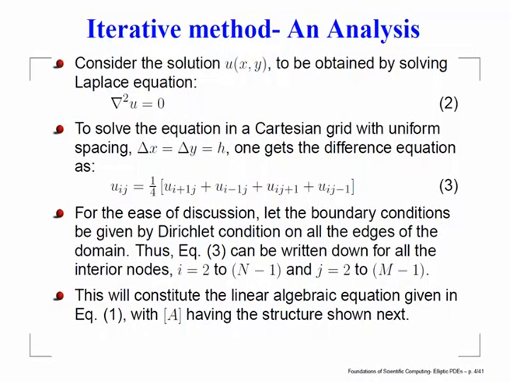And what does it indicate? If I am trying to solve, let us say, the Laplace's equation in a domain, where would I get the maximum value of the solution? Can it be in the middle? It has to be only at the boundaries. Why? Because interior points are nothing but averages. Average cannot be more than the constituents, right. It is a simple observation. So, that is the maximum principle of